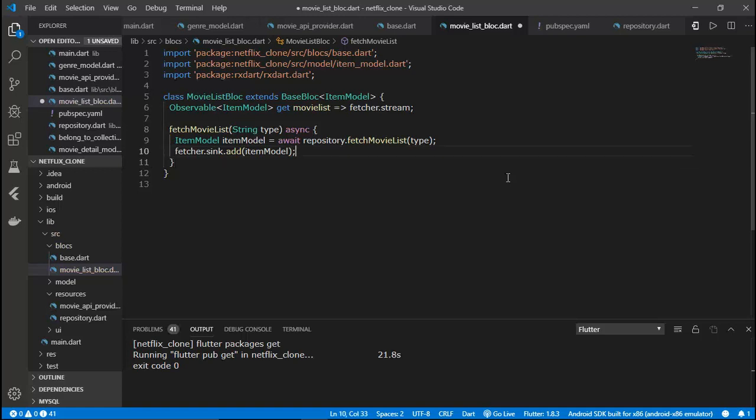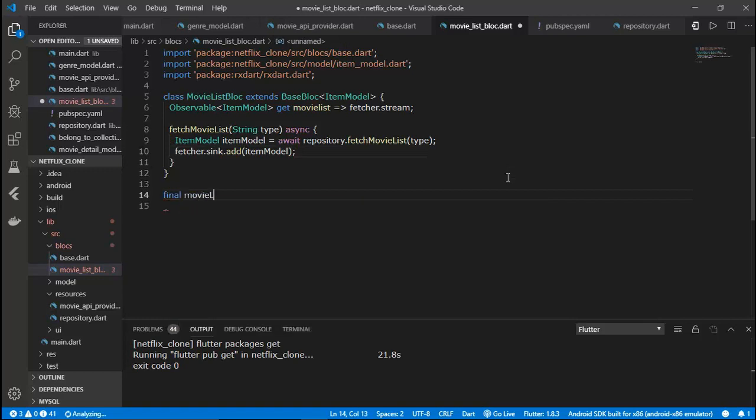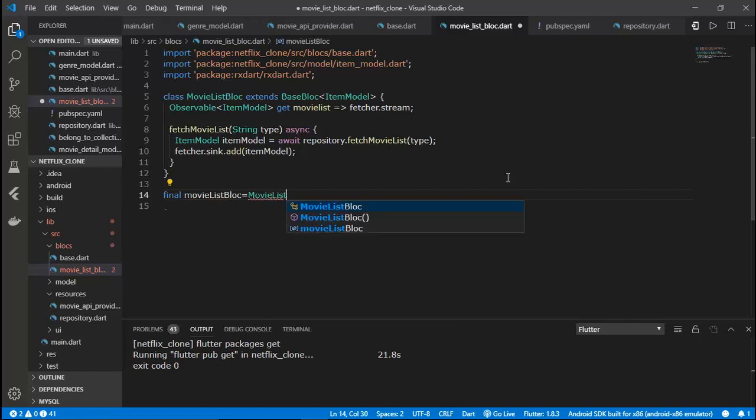So this is set, and after that we need to create a final movie list block, which will be the movie list block, actually this one. So this, that's it. So our movie list block